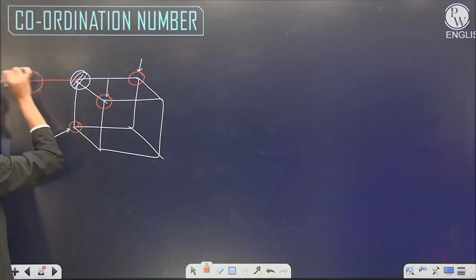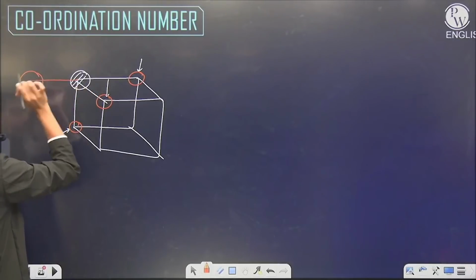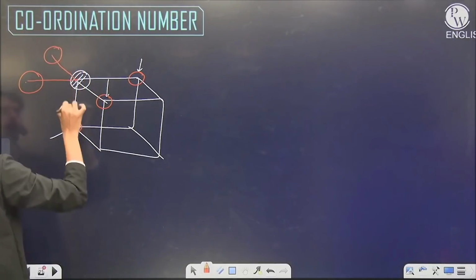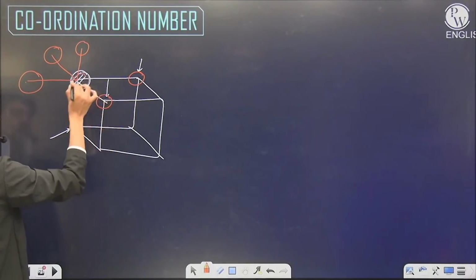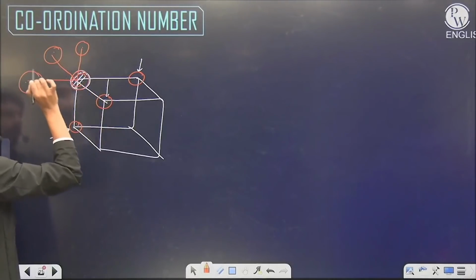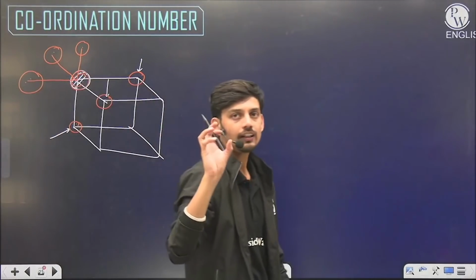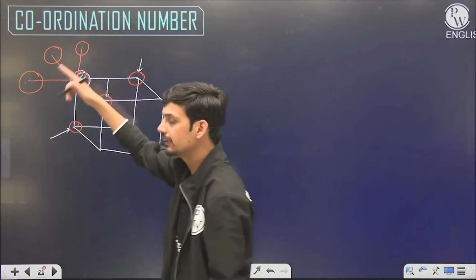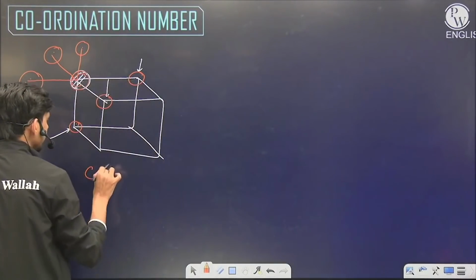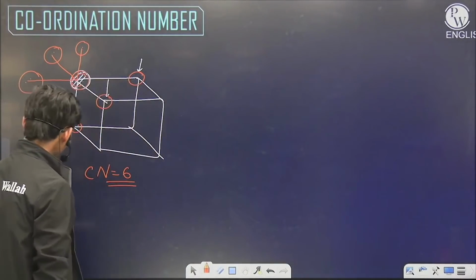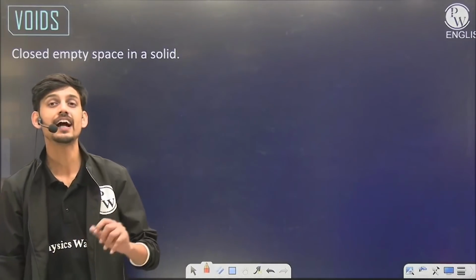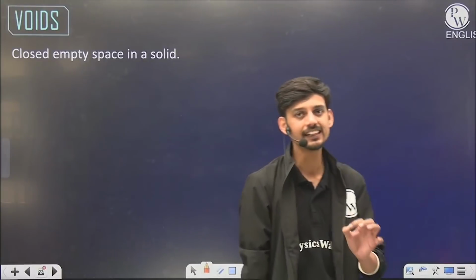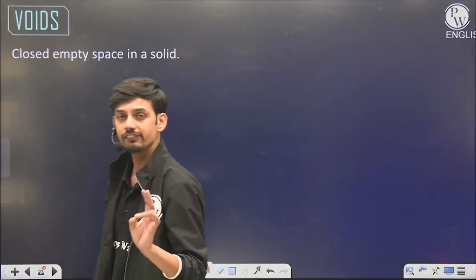There will be one atom in the back as well. It is similar to this condition: one atom back here and one atom above here. So similar to these three atoms, this corner is touching these three atoms as well. In total, the corner atom that I have mentioned is touching 6 atoms in its neighborhood. So that's why the PCC coordination number is 6. Similarly, we can see it for FCC as well as BCC. It is better to memorize the result because the results are quite simple and are directly asked. The coordination number of PCC is 6, for BCC 8 and for FCC 12.